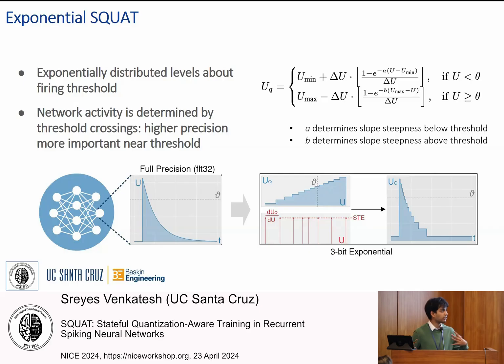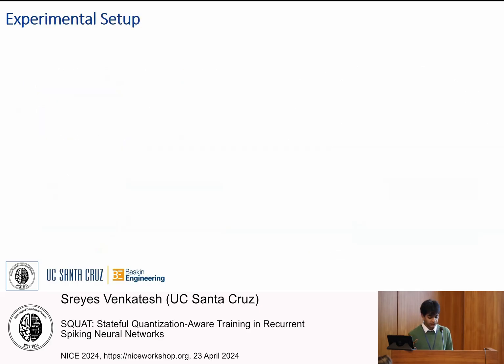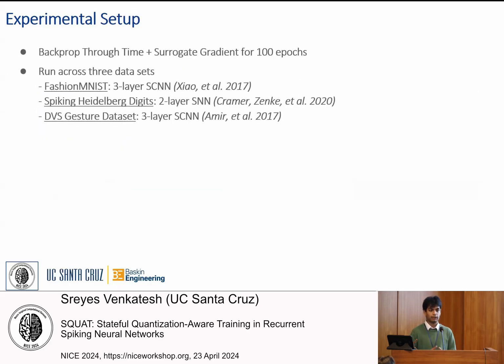Now this is the theory. For the experimental setup, we do backpropagation through time with a surrogate gradient of arctangent for 100 epochs. It's 2024, and there are bigger datasets than Fashion MNIST, Spiking Heidelberg, and the DVS gesture dataset. However, and this is something I'll get into a little bit later,